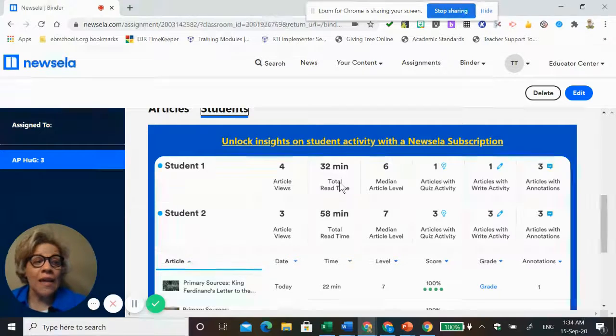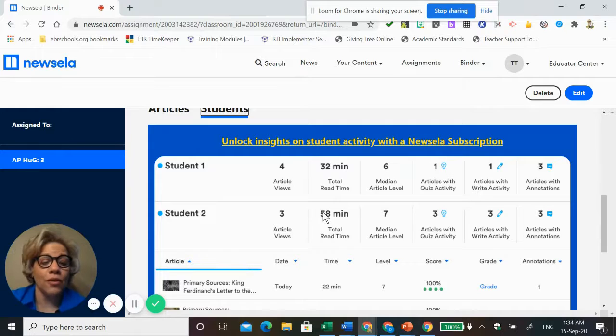So when a student says, I didn't understand, but they've only spent 6 minutes reading, perhaps the initial recommendation could be to please reread, and this time ensure that you're annotating your text properly. We can see the median article level. We can also see the article quiz activity as well as the writing activity, and we can see how many